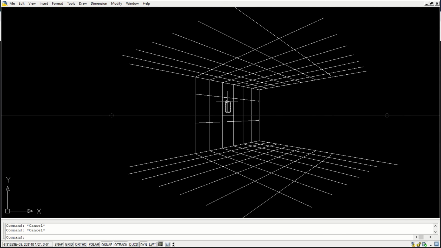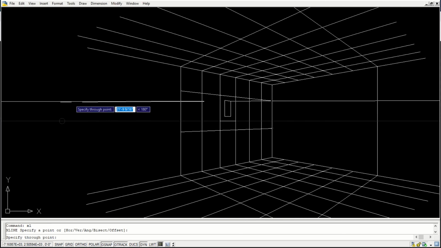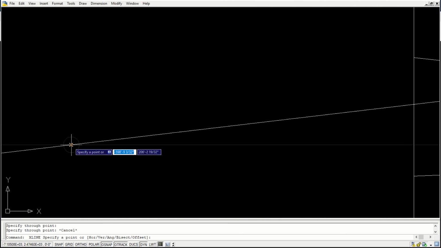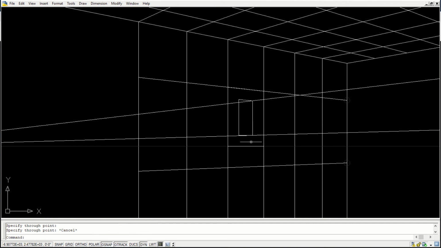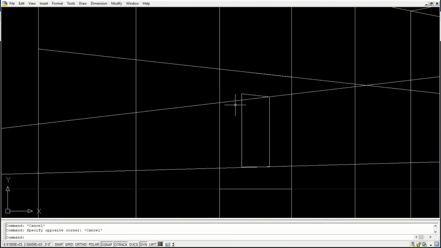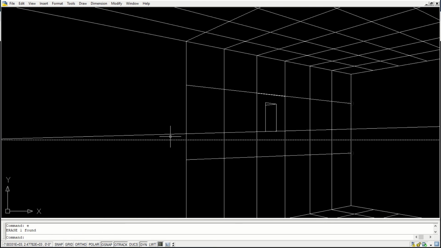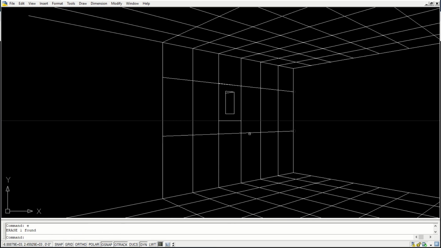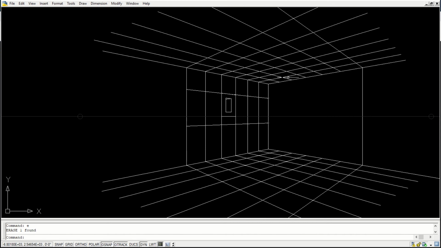So all that you can show using these grids. You can use them wherever you want to do detailing, on that part alone, instead of doing it on all sides. That's one thing you should keep in mind.